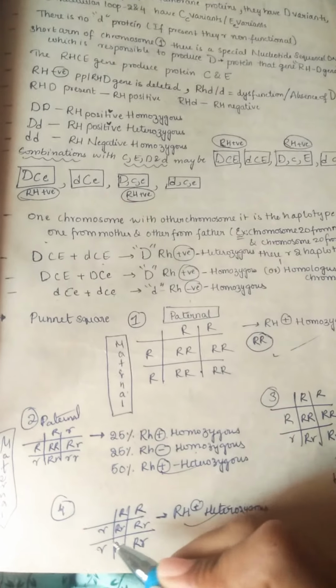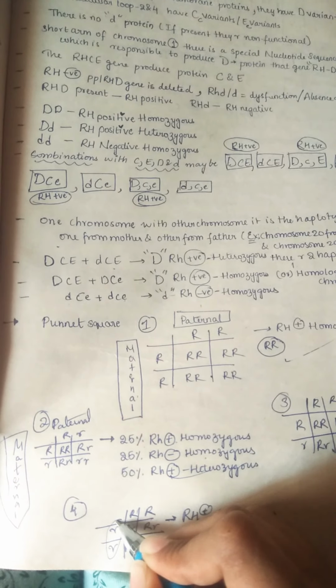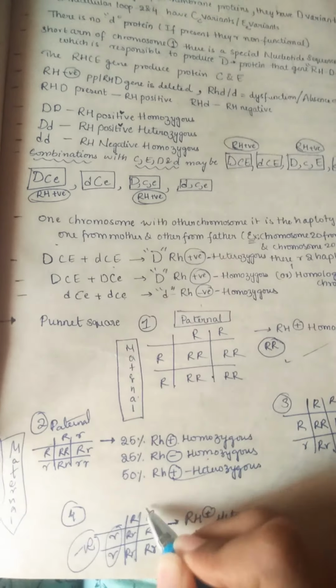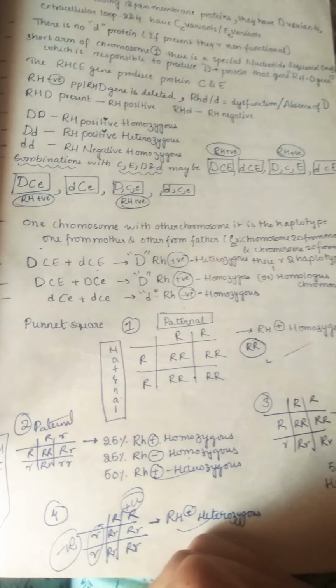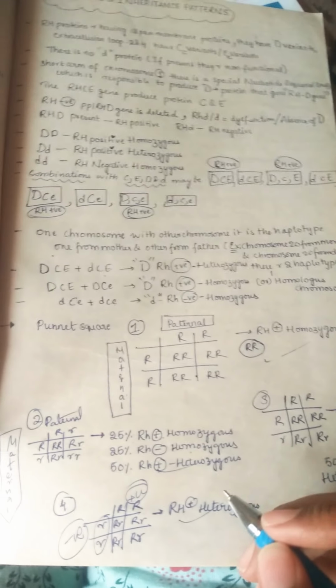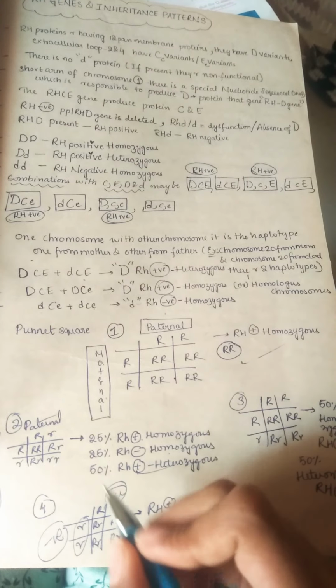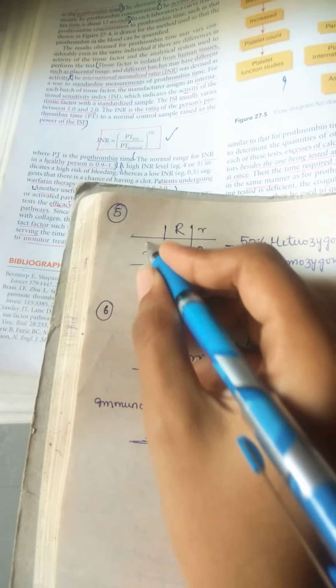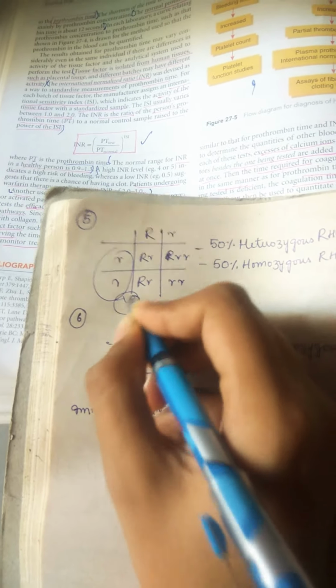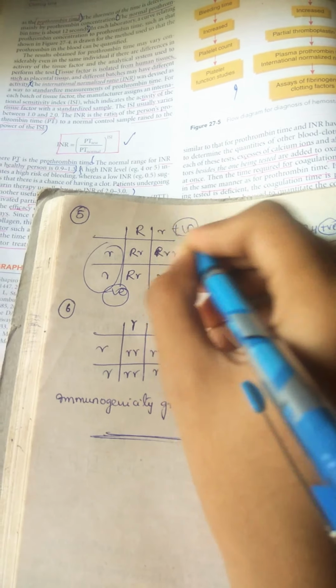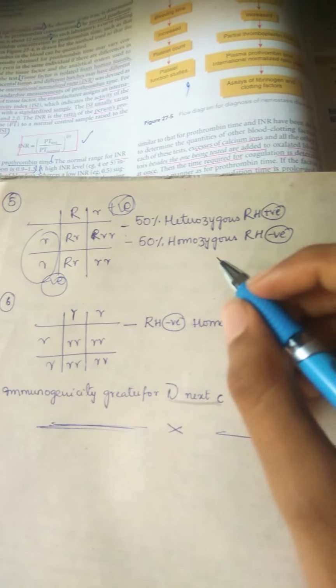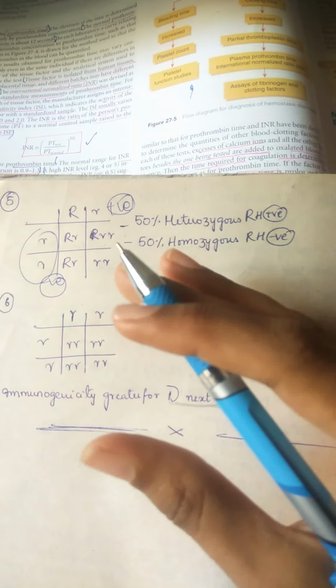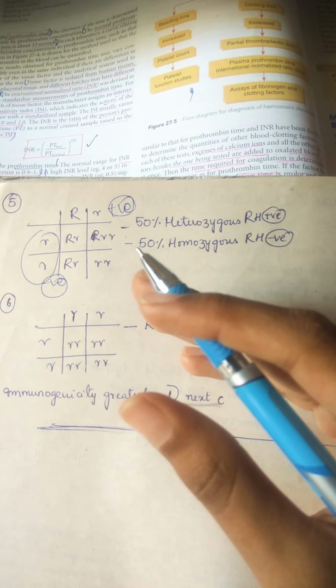But here you need to find out one thing: here both are rr, meaning negative. So a negative mother carrying a positive fetus will again be a problem. Even in this case, I found both small r's. When there are both small r's in the mother and the baby is positive, it's a problem. Here also we see both small r's. So a negative mother carrying a positive baby will cause erythroblastosis fetalis. So we can give anti-D injections to prevent this.